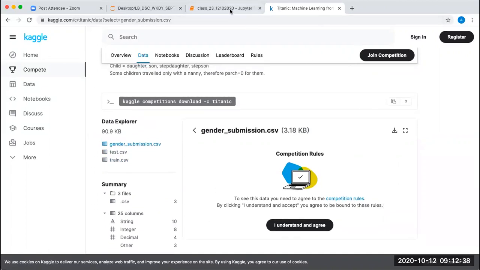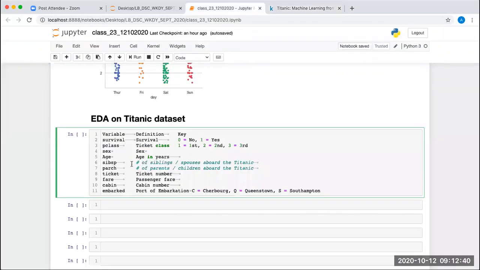Okay. Anyway, there is a sibling spouse column that says whether the people were in a group, and whether they were siblings or spouse. So if the people are in a group of 2 or 3 or 4, either they will be siblings or they will be spouse. In most cases, if it is 2, then they will be spouse.